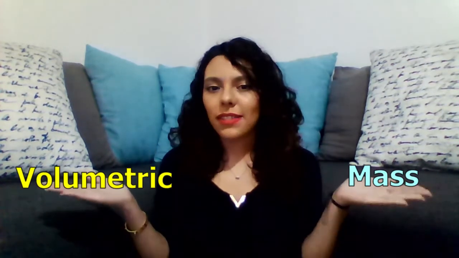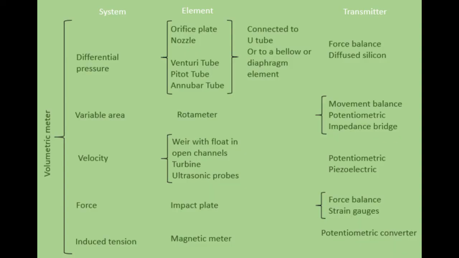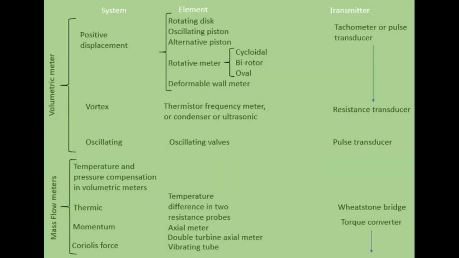Before starting, I must emphasize that there are two types of flow meters, volumetric and mass, which are classified as follows. Volumetric ones can use differential pressure, variable area, velocity, force, induced tension, positive displacement, vortex, and oscillating systems. On the other hand, mass ones are divided into temperature and pressure compensation in volumetric, thermic, momentum, and Coriolis force meters. And during this video, we will talk about the volumetric meters that determine the flow rate by the volume